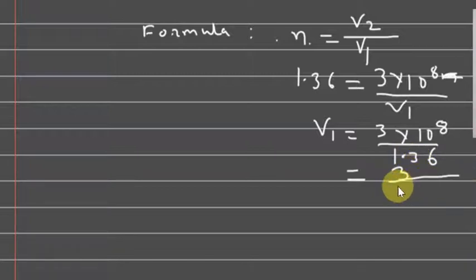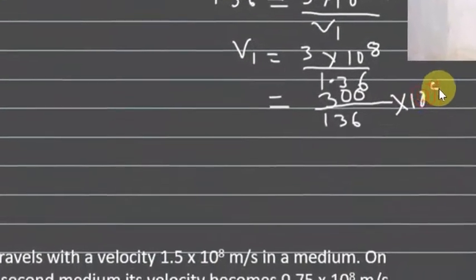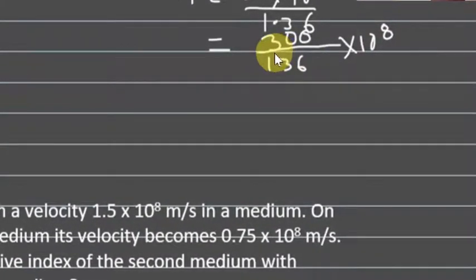We do one trick: write down the number without this point. Now after this point we have two digits, so write down 20 in the numerator and then 10 raised to power 8. Now do the actual division, 136 and 300. On simplifying, we get the coefficient as 2.21 into 10 raised to power 8 meter